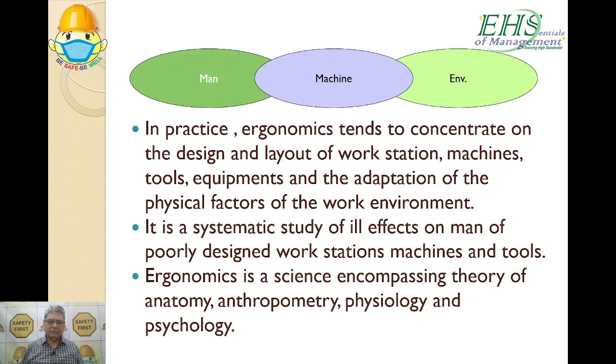And human psychology is there, because every human being has not only a body but also a mind. So all this has to be taken into account: anatomy, anthropometry, physiology and psychology, while we consider ergonomic science and the design of the product, as well as the manufacturing layout and the workstations,